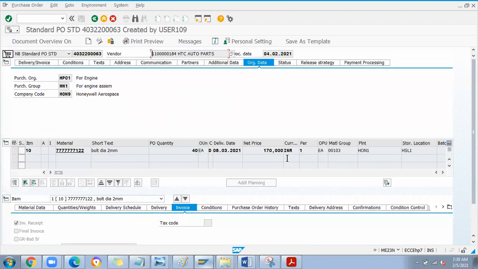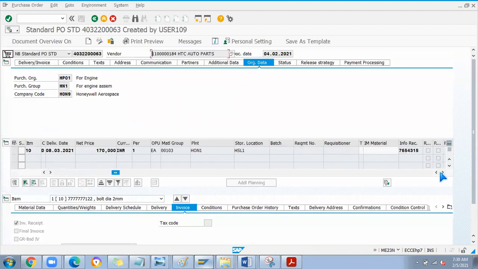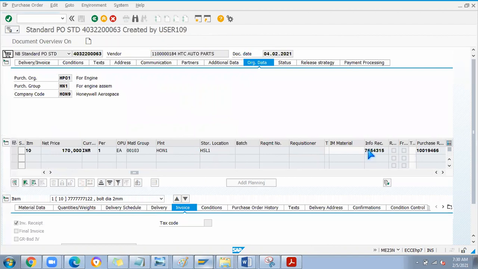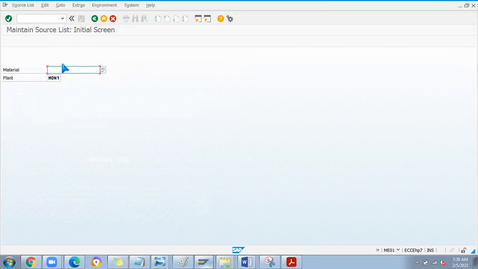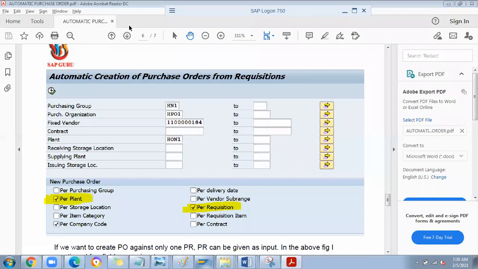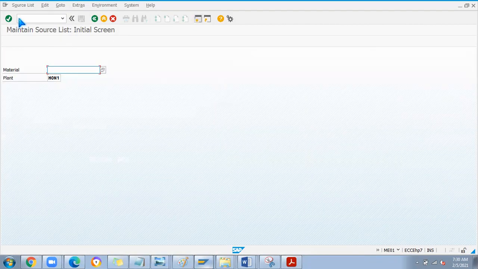Then go to the info record. Okay, the net price and everything is maintained here. Then go to ME01. What is the material, sorry?